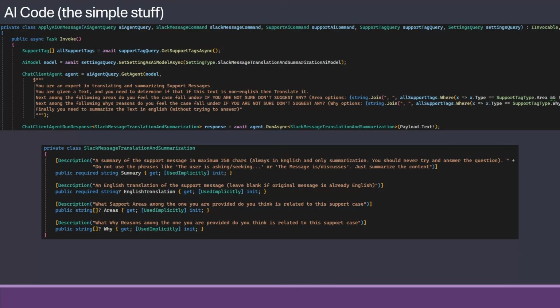It's just summarization of the content and nothing more. Then we want the English translation, and we want it to leave it blank if it's already English. We want what support areas were on this support case and what reasons there were. Then we just give our response back, and of course save that into the SQL Server.